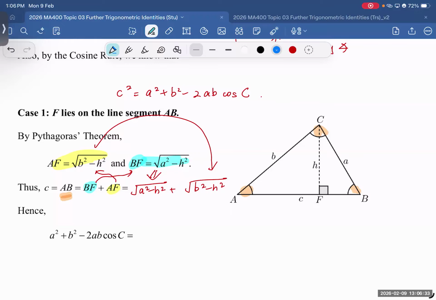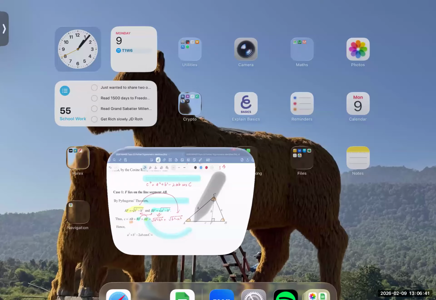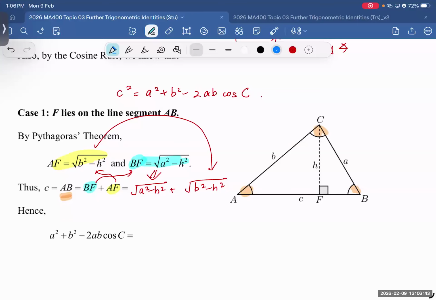So far, okay. Up to you. You want to copy as I go, or you want to wait until I say finish everything, then copy. Okay, so